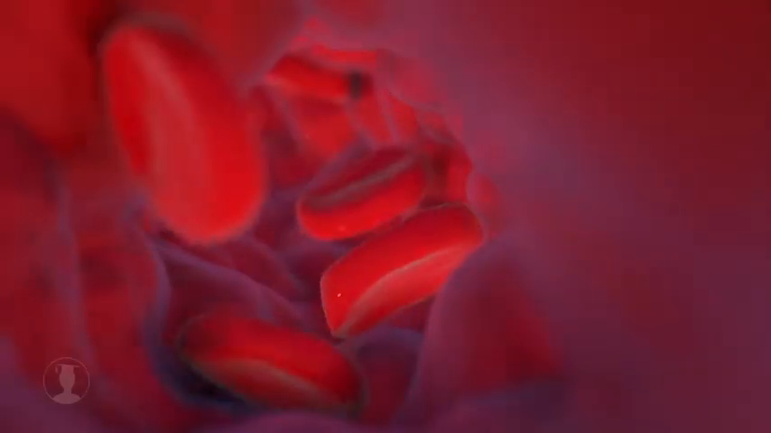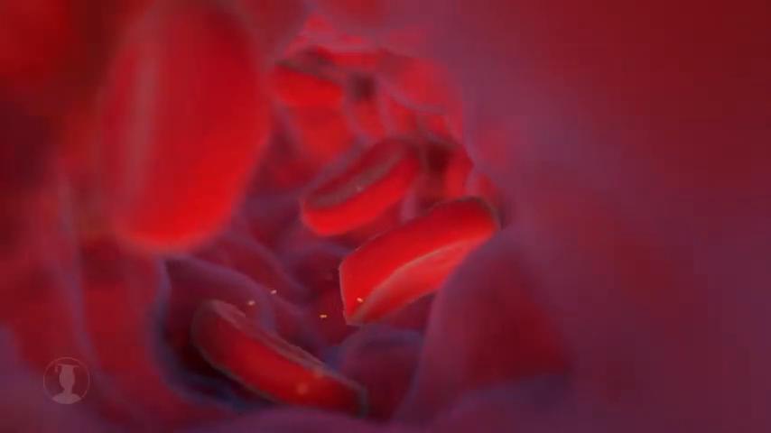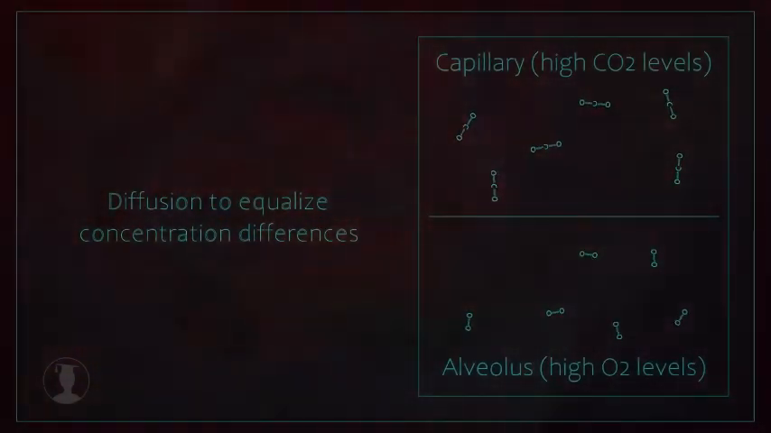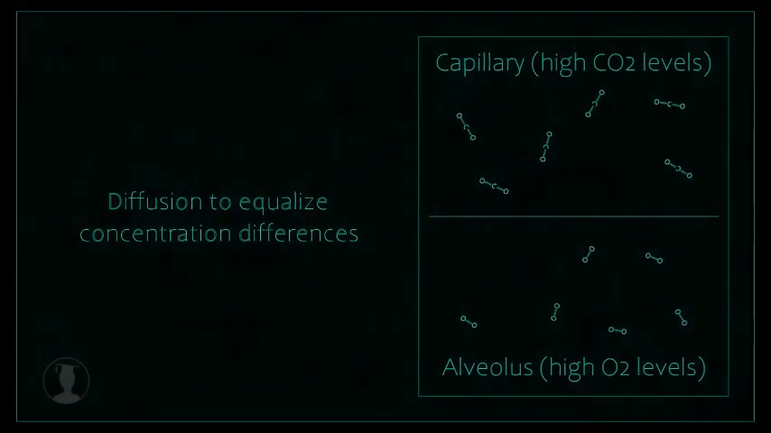At the same time, the carbon dioxide in the bloodstream and emitted by red blood cells diffuses into the alveoli. This is made possible by diffusion. In the alveoli, we see a lot of oxygen, whereas in the blood vessels, there is a lot of carbon dioxide. This difference in concentration